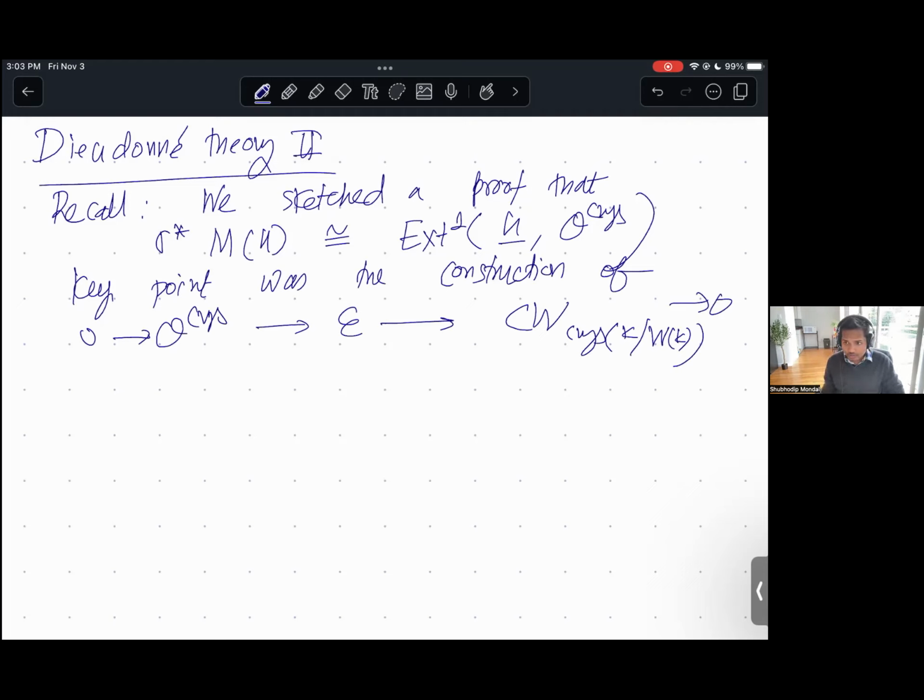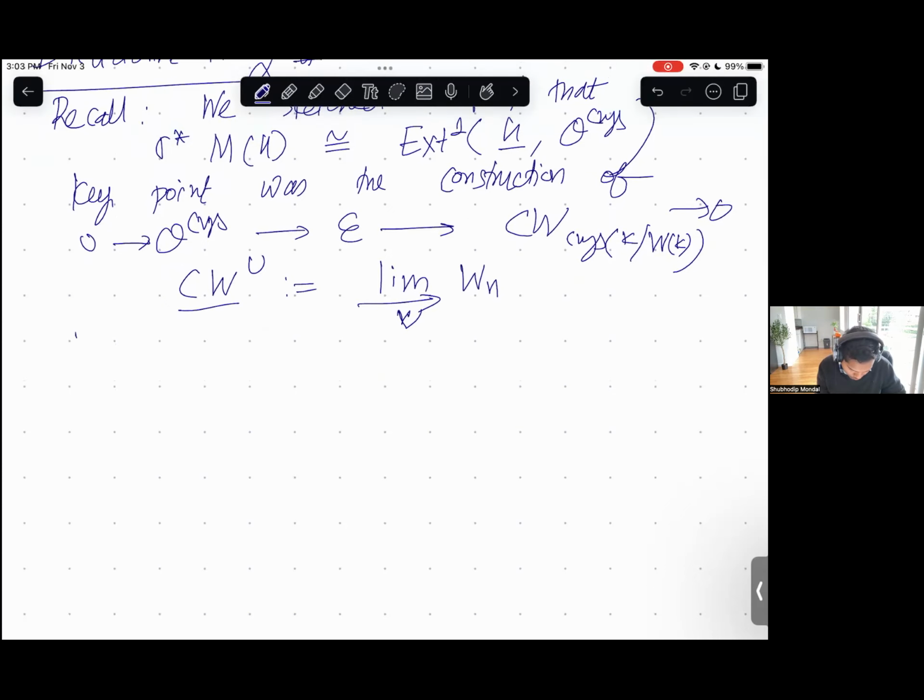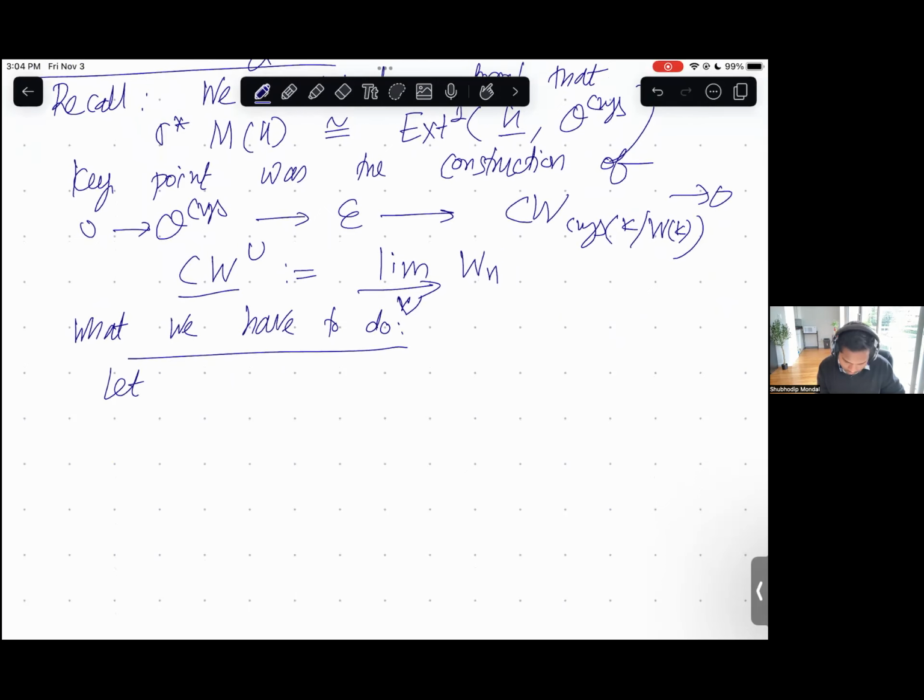This construction is actually much simpler to explain if we work with the direct limit of these W_n's taken over the Verschiebung maps. This is something we were calling the unipotent Witt vectors. So what we have to do is that for every A, let's say I an ideal, and gamma a divided power structure,